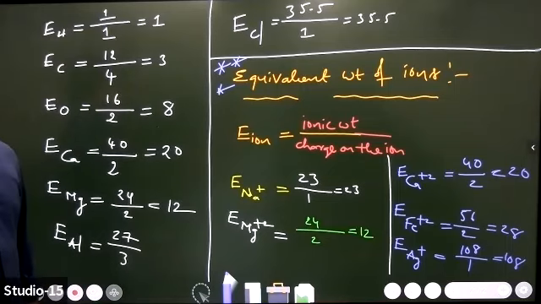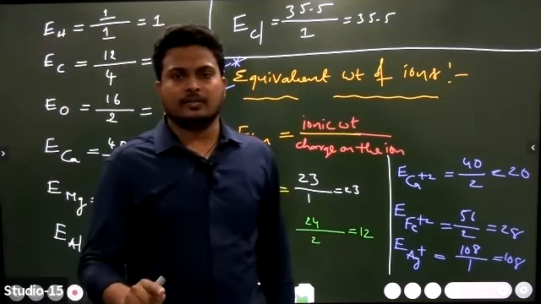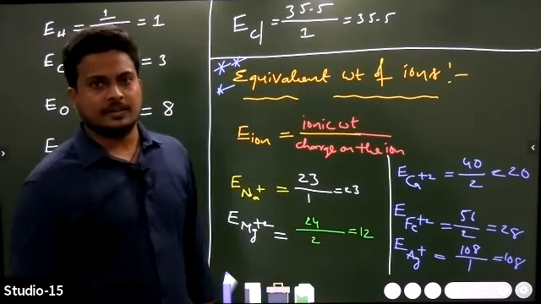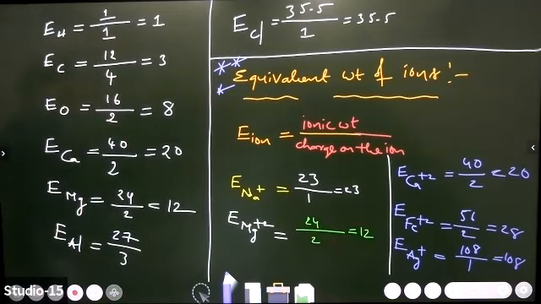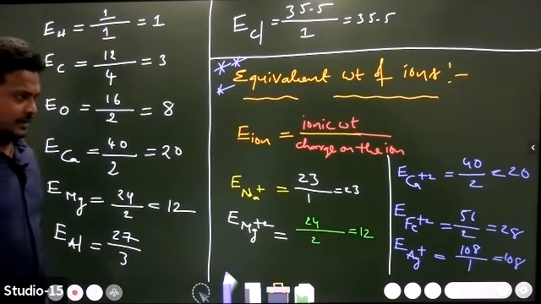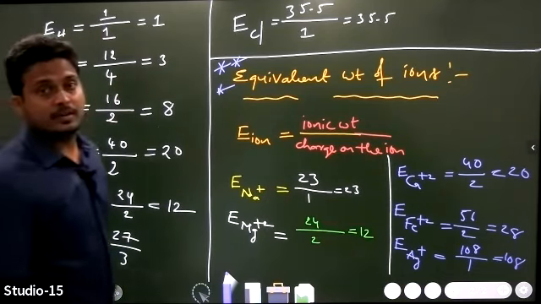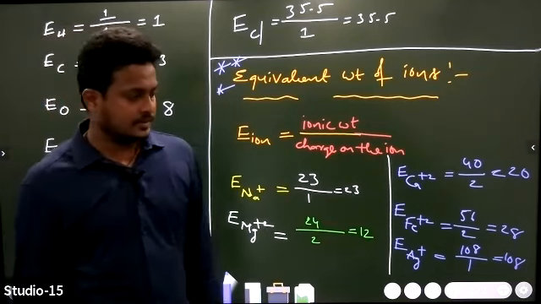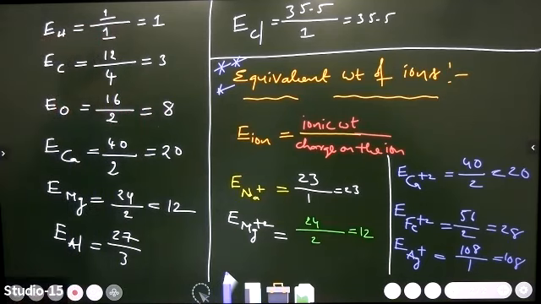Calculation of equivalent weights is most important one. If you know how to calculate equivalent weight, you can easily do up to 40% of physical chemistry numericals. Ionic equilibrium. In thermodynamics, we are using equivalent weights, acid-base reactions. Right?